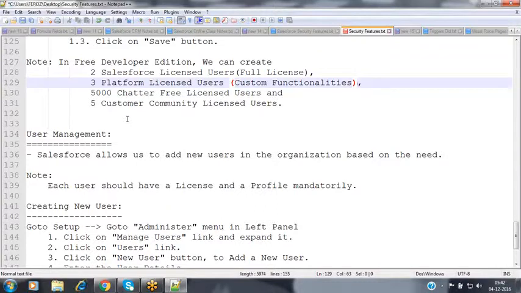So when can we go for this platform license? Already in our initial classes we have discussed, whenever you need an application to automate your business process, first of all, people look for a ready-made application. If there is any ready-made application in the market which exactly suits our business process, then we can purchase the license of that ready-made application and start utilizing it.